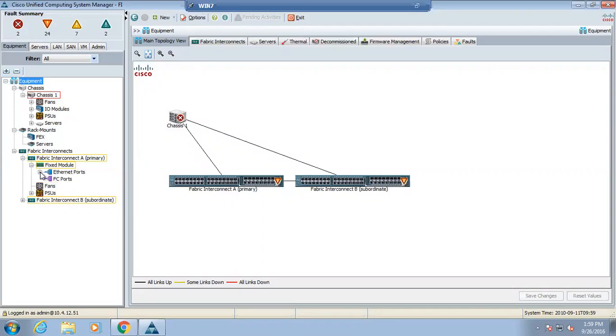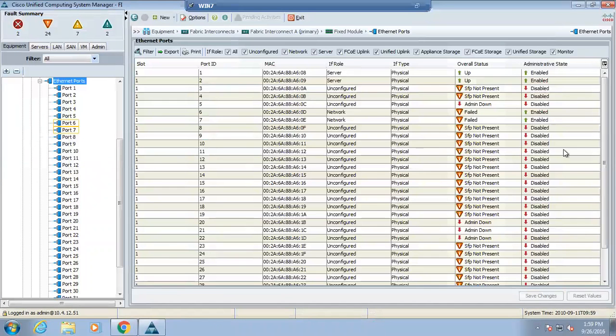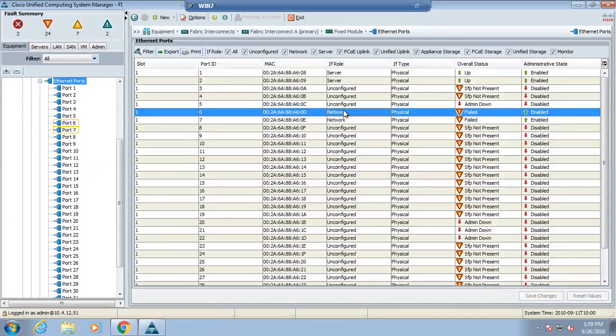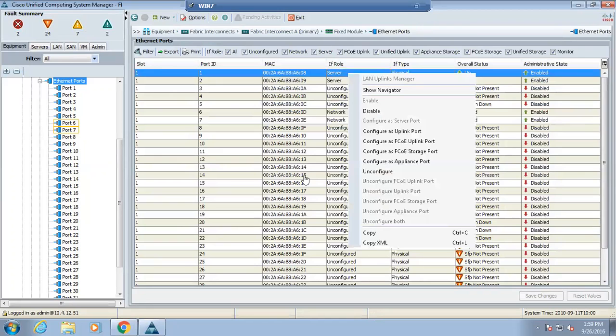How many fixed modules do I have? How many Ethernet ports? I can go from here also. I can go in here also. See, I can configure my ports. See, if it says 6 and 7, what is it? See here, you can say right click. If I say